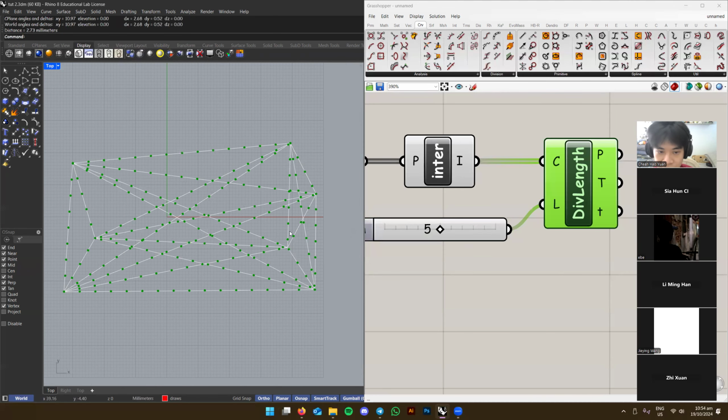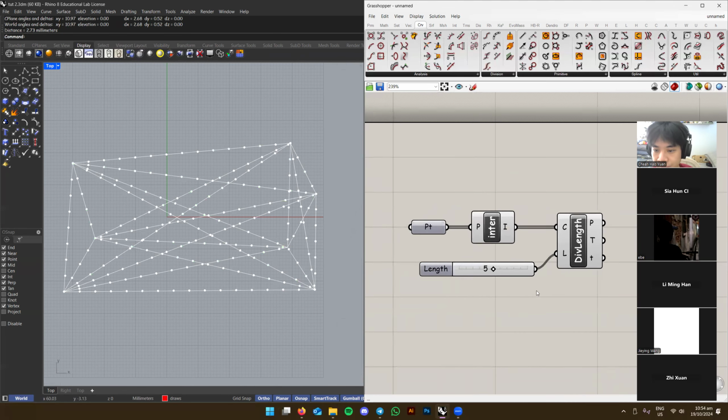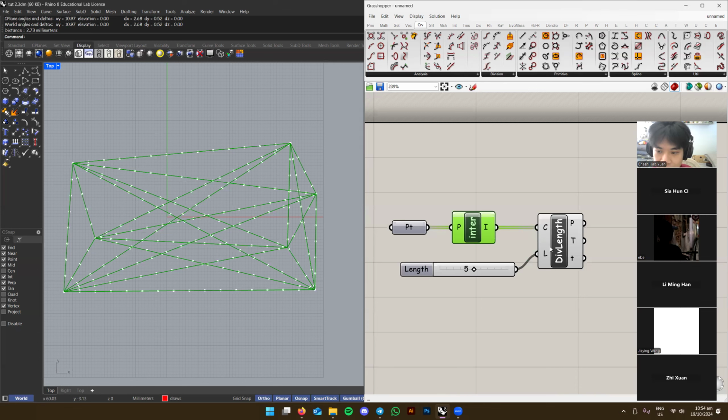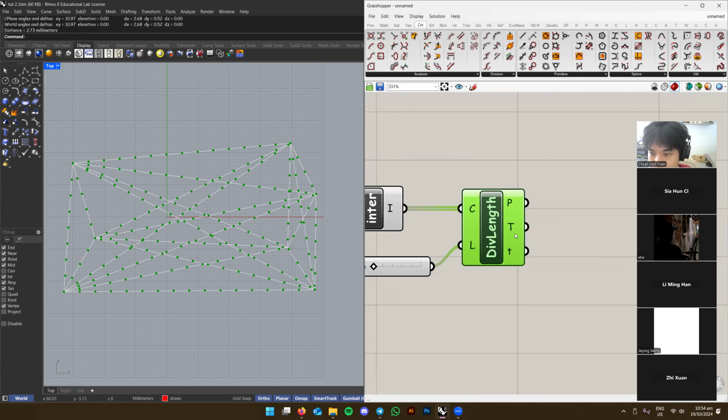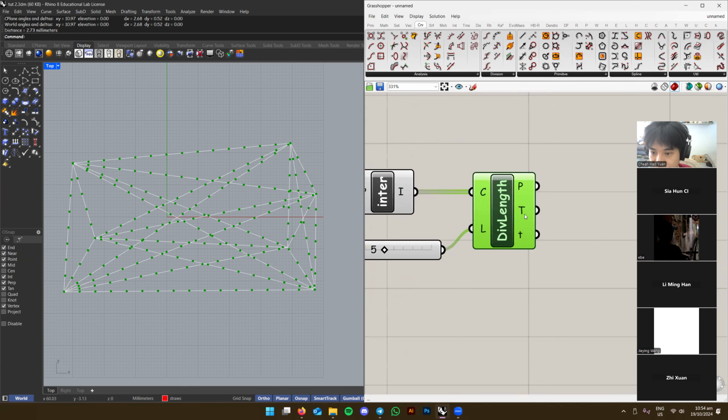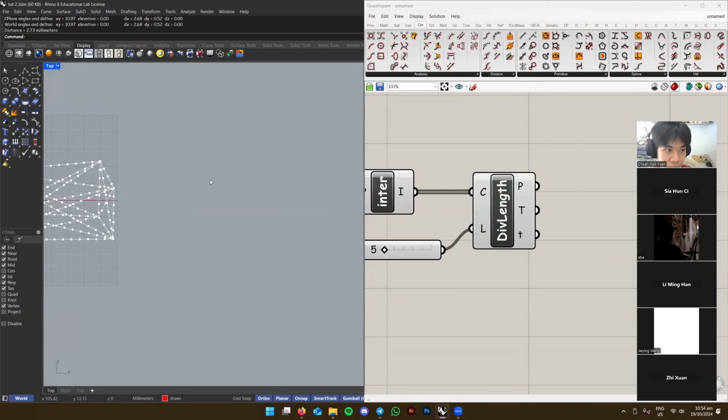And I think for the sake of this experiment, that's fine. Right. So now we have the lines and we have the division points. But you realize that these are not lines anymore. When you divide a curve in Rhino, for example, I have a sphere and I select the sphere